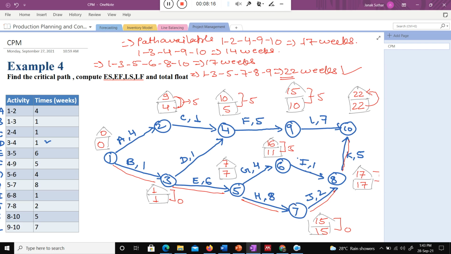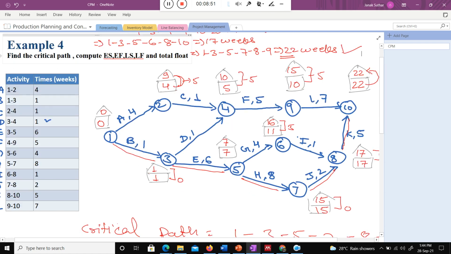class? The longest path available is nothing but the critical path. And what is the critical path? Critical path shows you the time duration of that particular project. Okay, so that is the very general thing. If this path takes 17 weeks and this path 22 weeks, the project duration, how much time will this particular project take? 22 weeks. Minimum 22 weeks is needed because this particular path is taking 22 weeks. And the longest path is nothing but the critical path. So please try to understand what is actually going on.